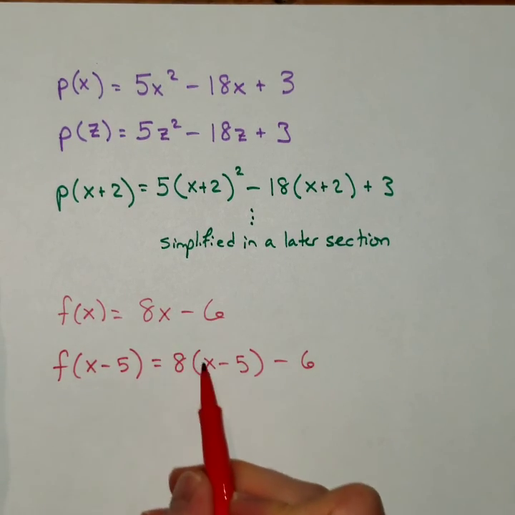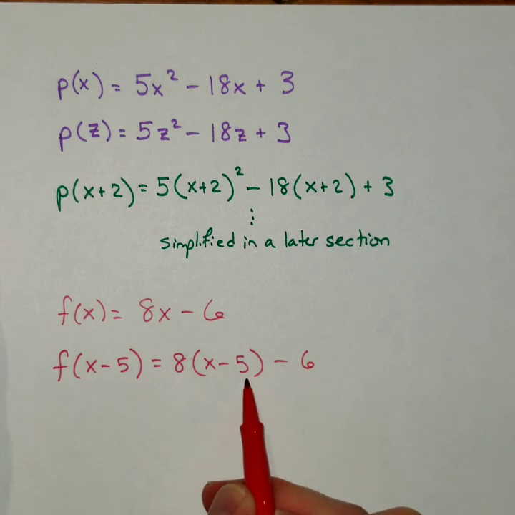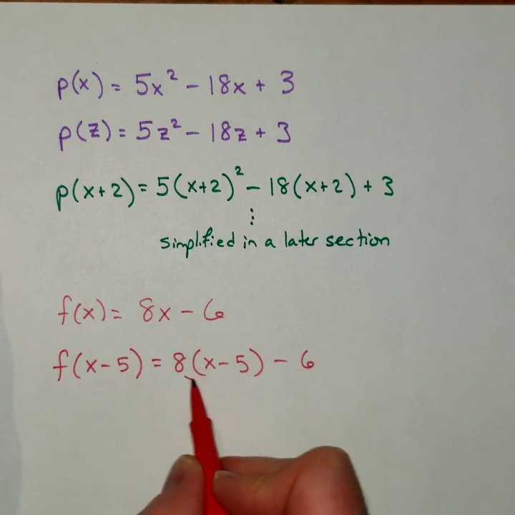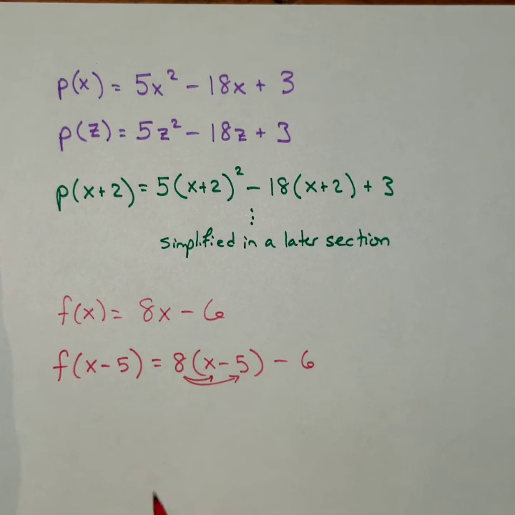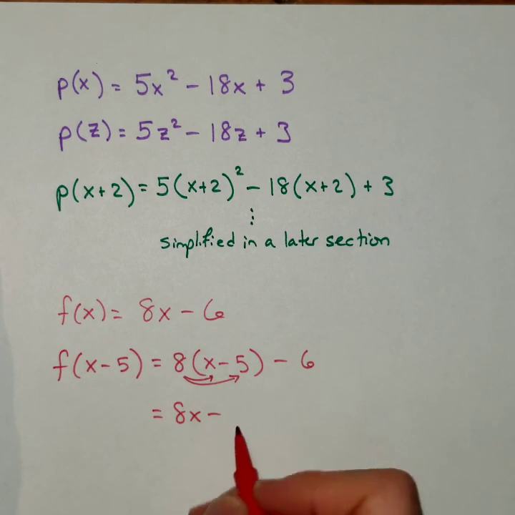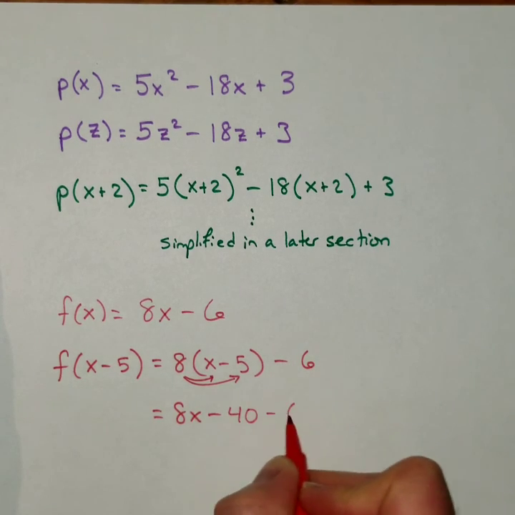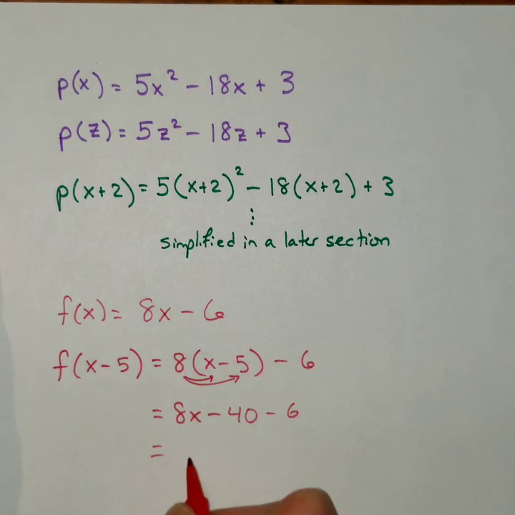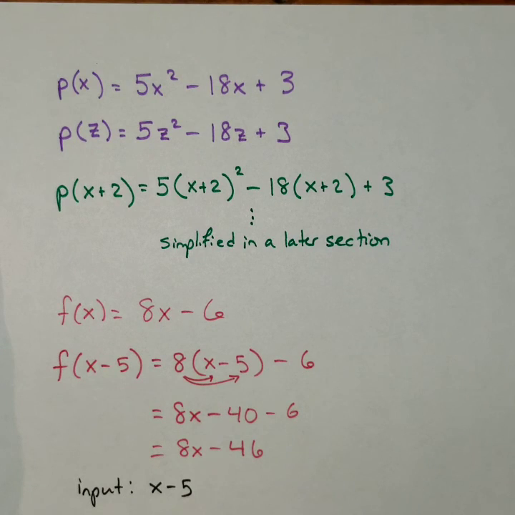Notice how the x becomes x minus 5. Then you can distribute and simplify. So you get 8x minus 40 minus 6, which is just 8x minus 46. Okay. So here, in this example, the input would have been x minus 5, and the output